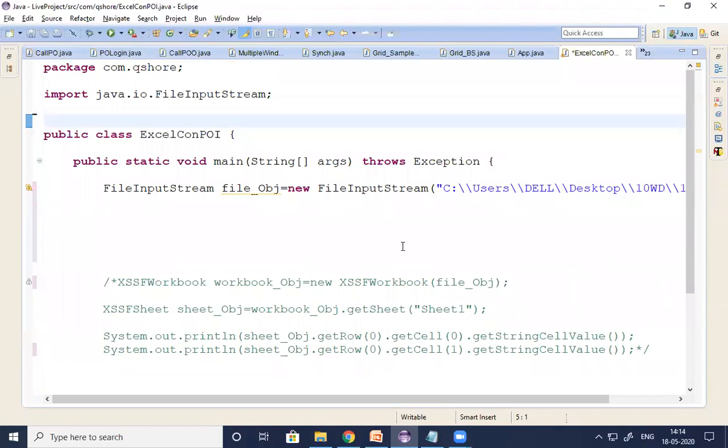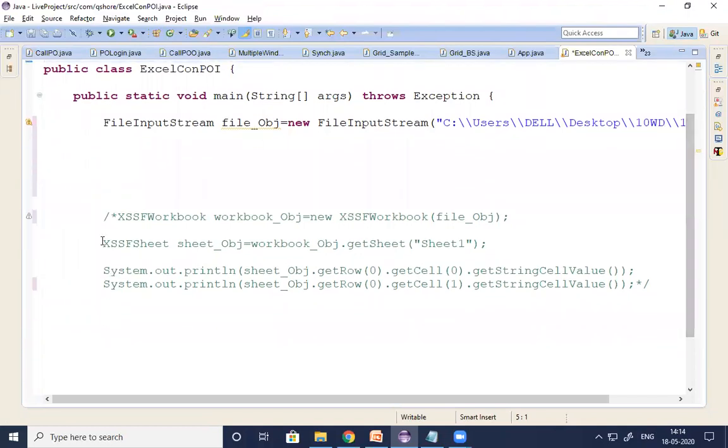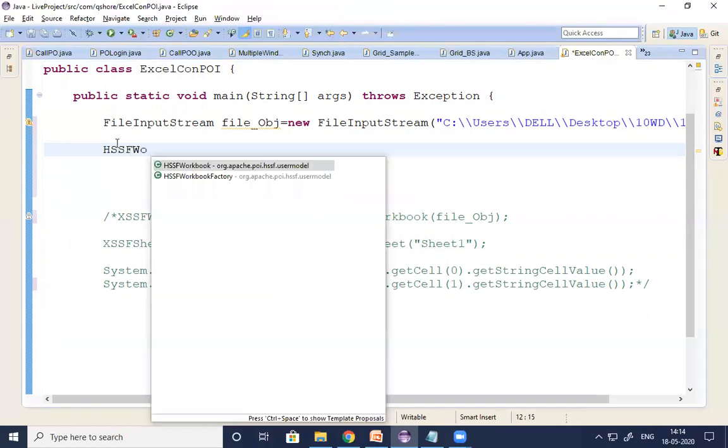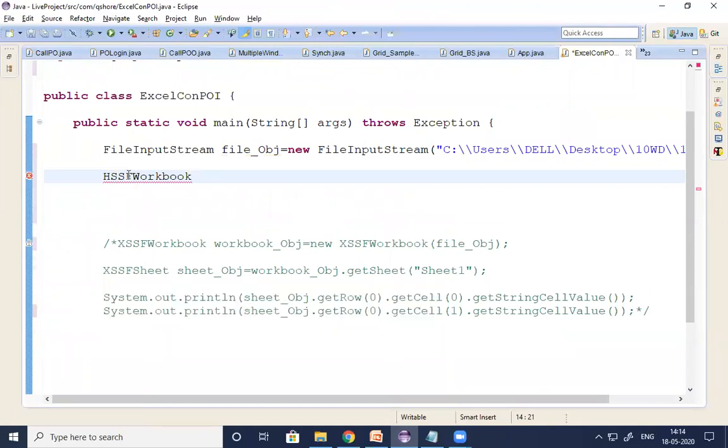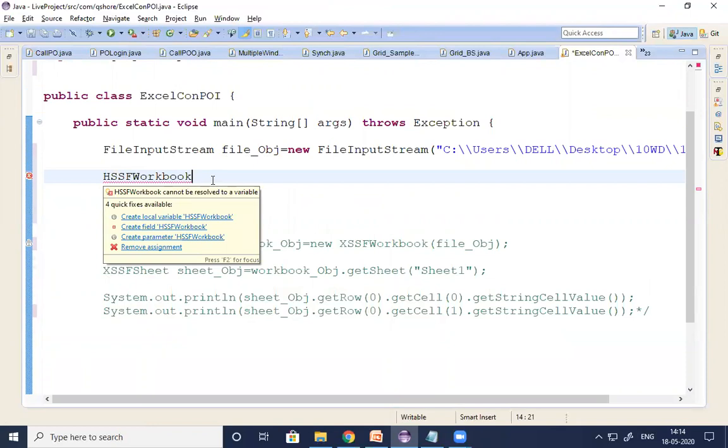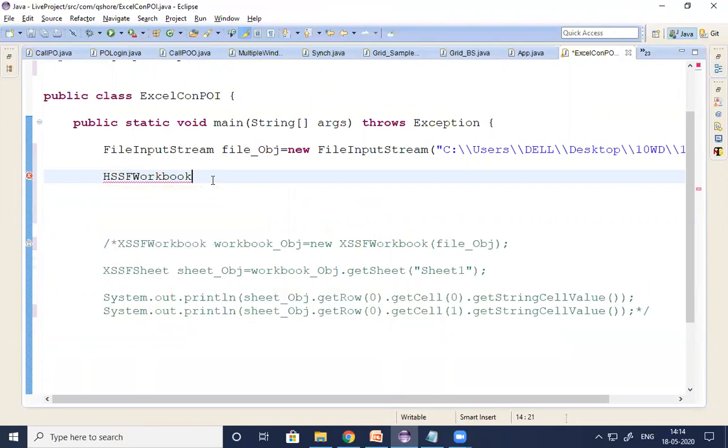Which class do we need to import? For the latest version of Excel, we imported XSSF. But for the older version of Excel, we are using HSSF workbook. XSSF means XML spreadsheet format. Here, horrible spreadsheet format. HSSF workbook. What is the next one?